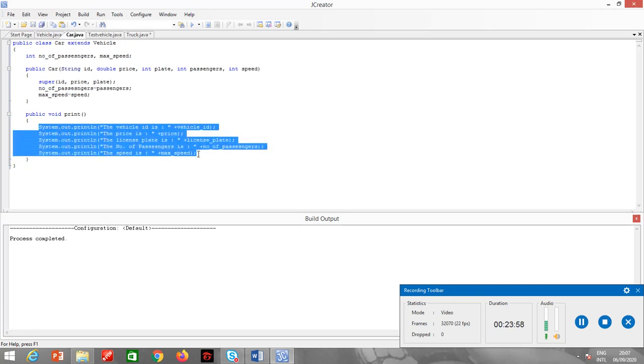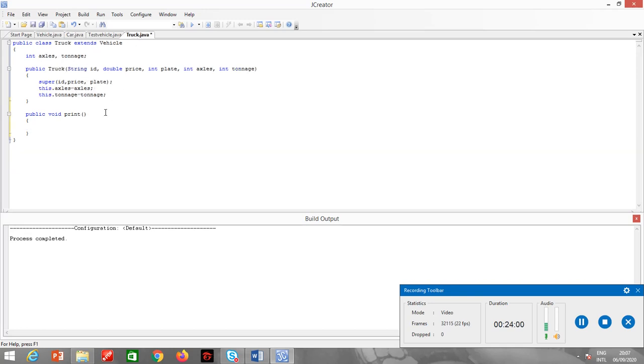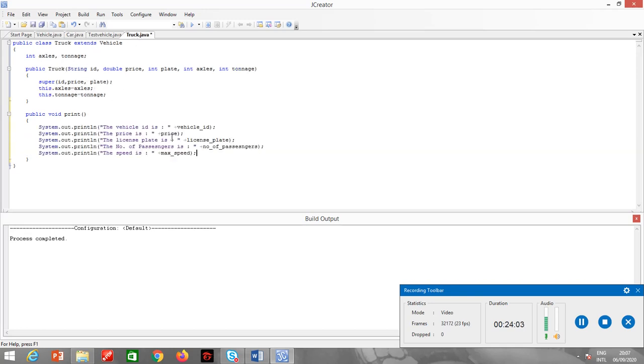So the first three will remain the same, license and number of axles. I will just change here. Number of axles is axles over here, and the tonnage is tonnage over here, right?